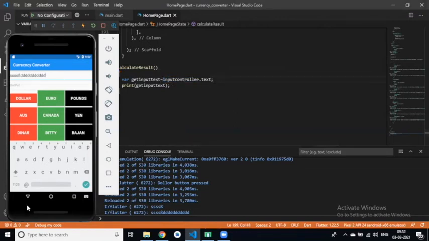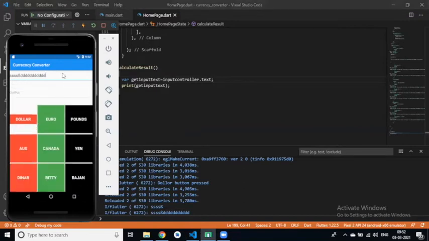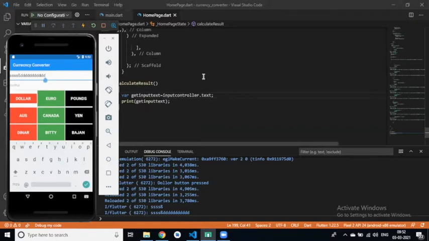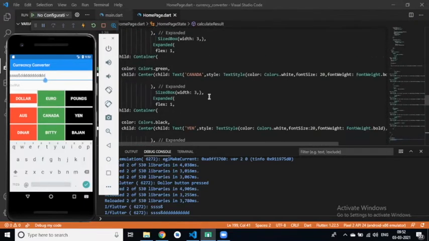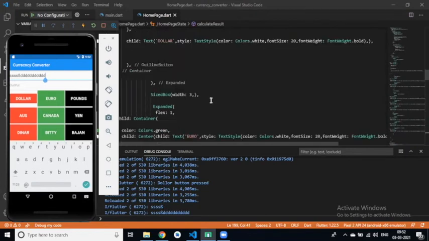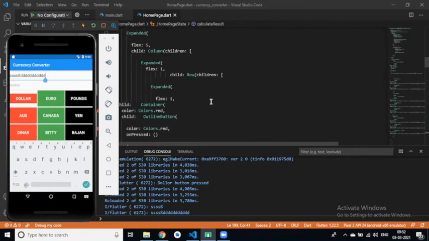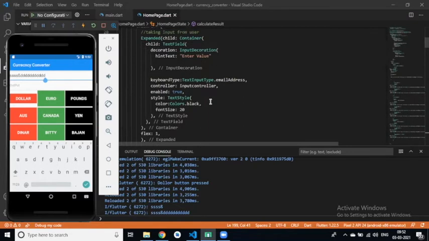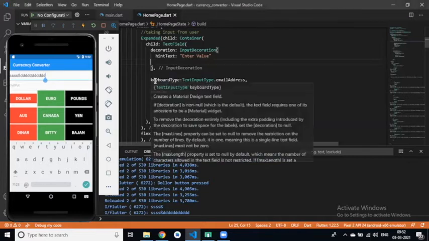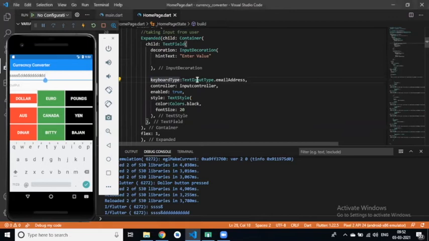But this is not a number type. So first we have to set our number type. How can we set this keyboard type, Divya? This keyboard type, then text input type, it should be number.